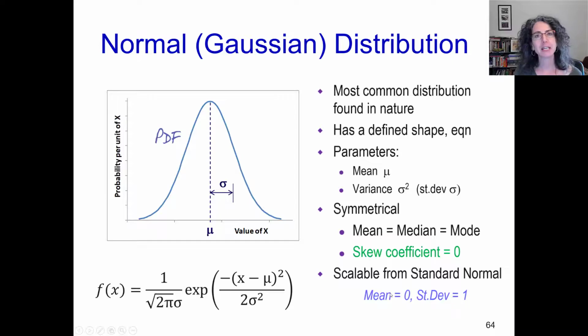The normal distribution is a scalable distribution which always has the same shape but can be standardized to a mean of 0 and a standard deviation of 1. The standard normal distribution is very useful for computation because the equation is so difficult to work with. Most, if not all, probability and statistics textbooks have a tabulation of the standard normal distribution within the inside